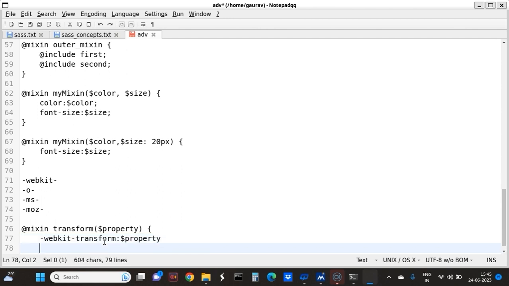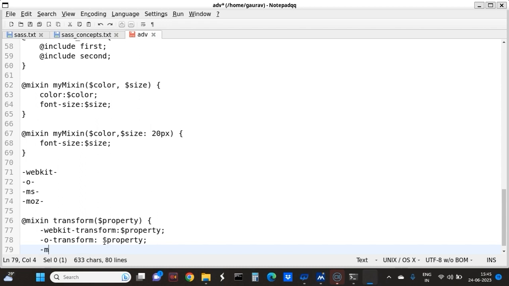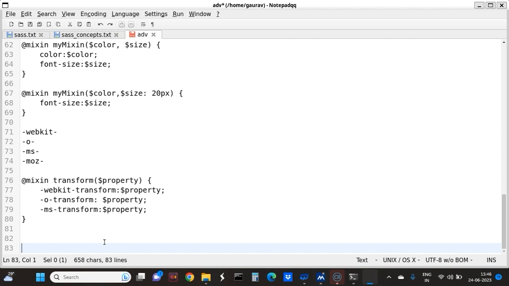For Opera, transform dollar property, then MS transform dollar property. So whenever I want all the vendor prefixes,